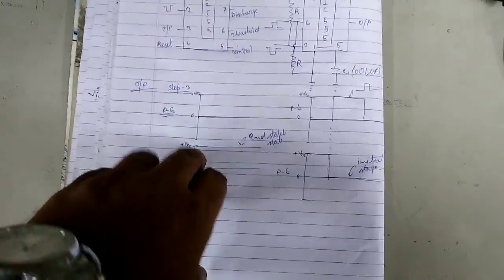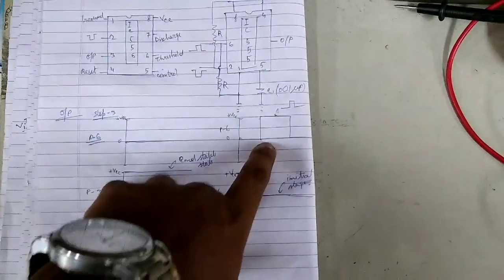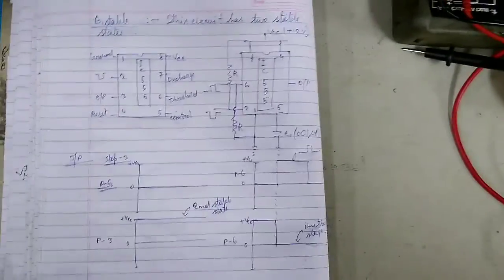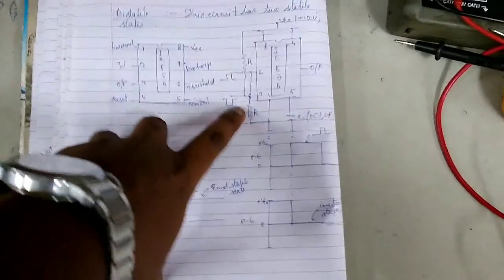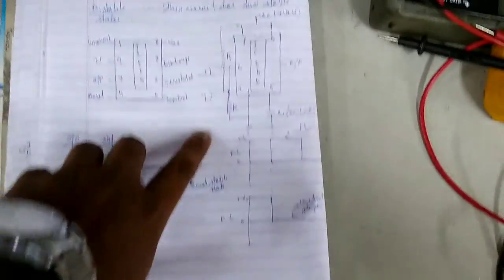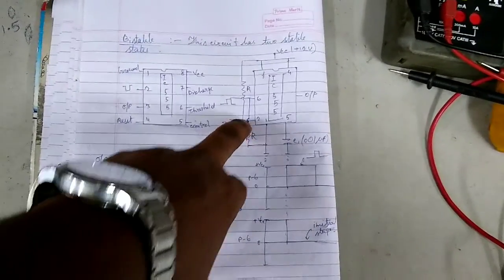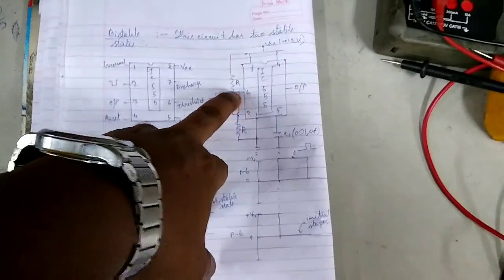So output is already high when pin number 6 is 0, and when pin number 6 is positively triggered, that means applying some voltage more than initial voltage. So initial voltage is 0 for pin number 6. We will apply VCC here. We had applied ground here in pin number 2 for negative triggering, and we will apply VCC for positive triggering